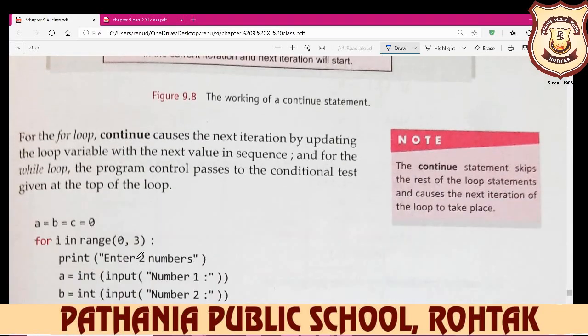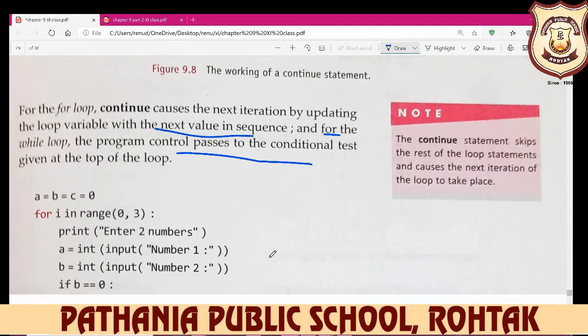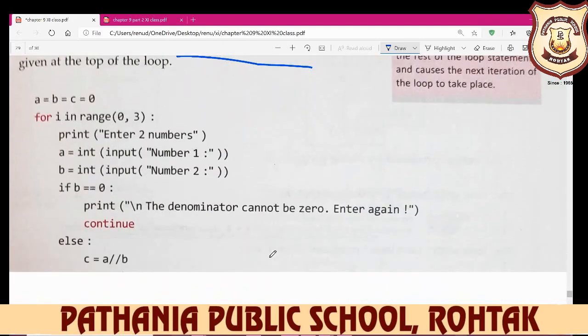For the for loop, continue causes the next iteration by updating the loop variable with the next value in the sequence, and for the while loop the program control passes to the conditional test given at the top of the loop. You see here, for example, the same example we have taken here. a is equal to b is equal to c is equal to 0, for i in range 0 to 3.